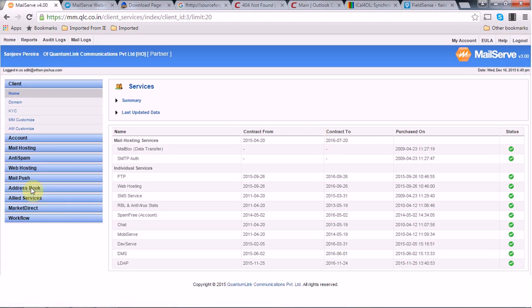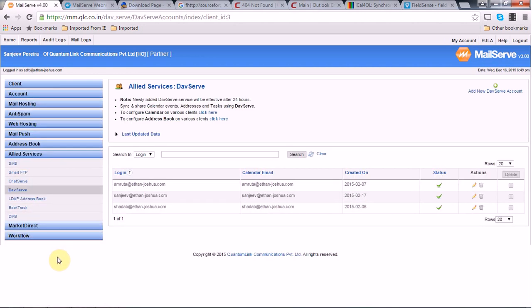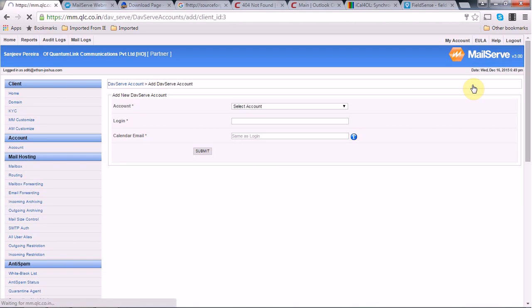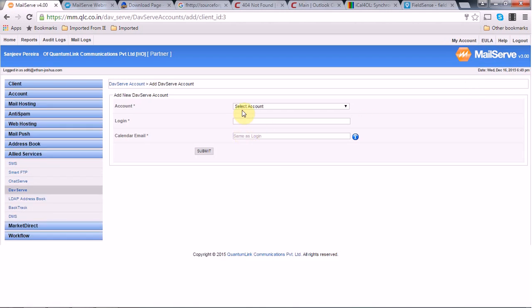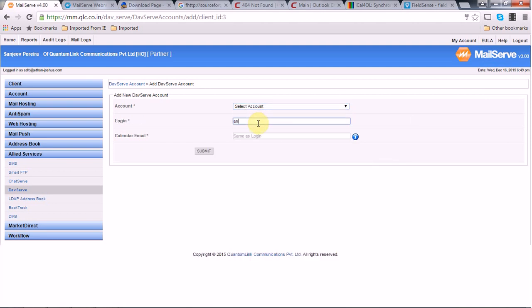And once you have logged in, make sure that under Allied Services you have the DevServe module activated for your domain. Now here you have to add a new DevServe account to whom you want to give the rights to have the calendar synchronization or sharing of your events either with your email client or mobile devices. So here you have options like select account or create new. If you want to create a new, you can add the same. Under select account, let's put in the email ID to whom I want to give this